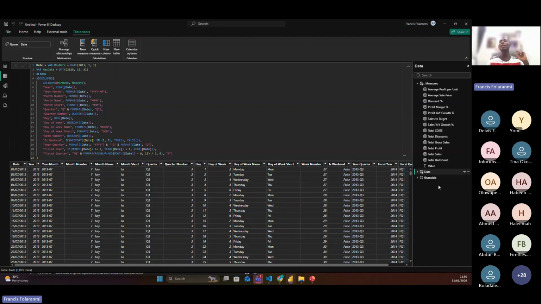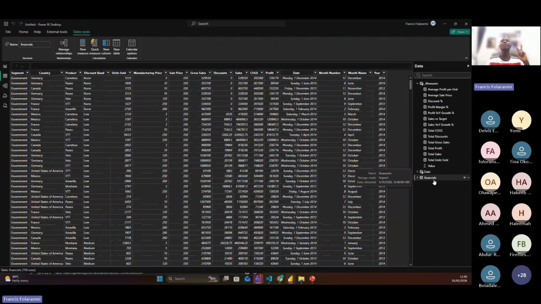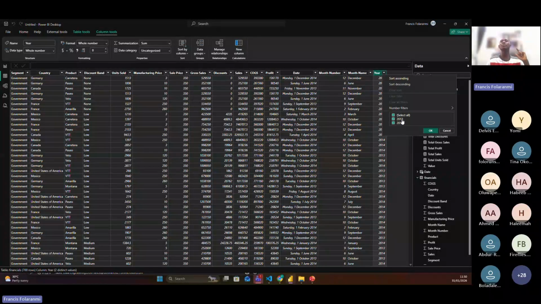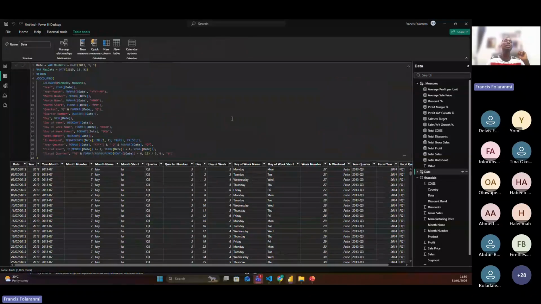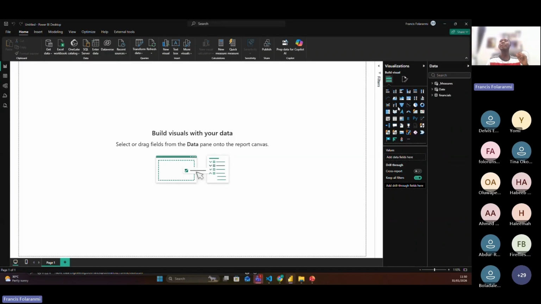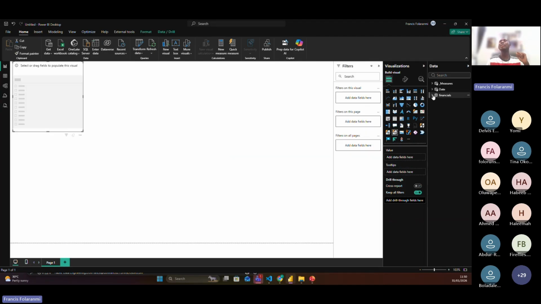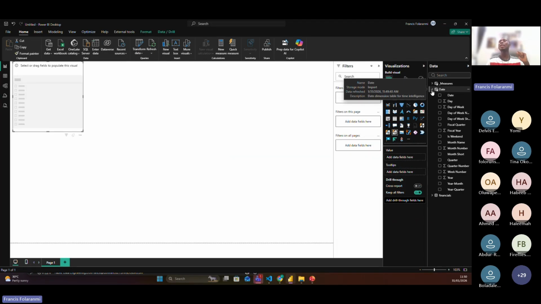Now, let's go back to the actual data in here. If you look at the year column that we have, you can see that you have 2013 and 2014 as just the year. And then if you go back to the date table that was created with MCP, you can see that it has declared the minimum date and the maximum date. So that means if I go into my report and create a simple slicer, and then I come into my date table and I pick year,